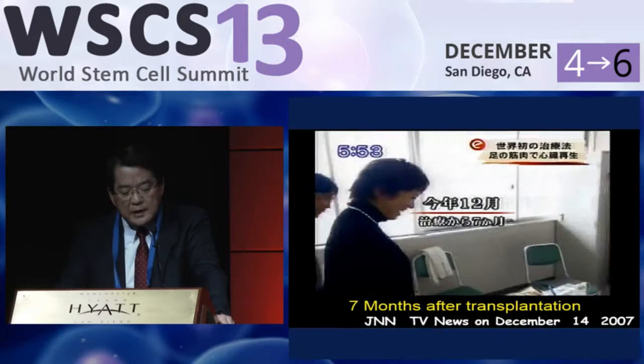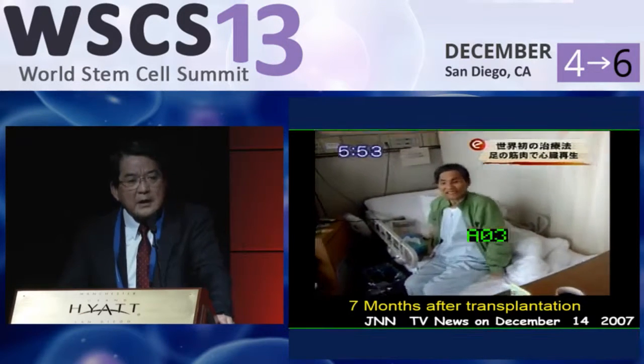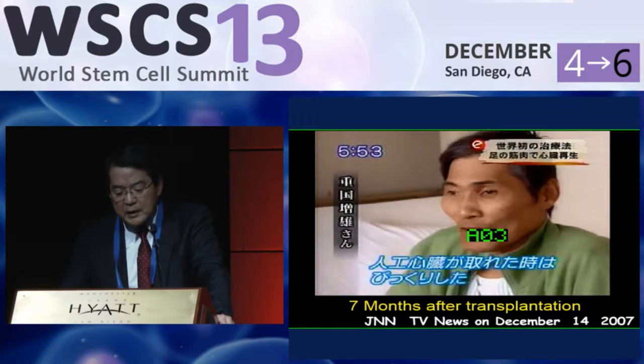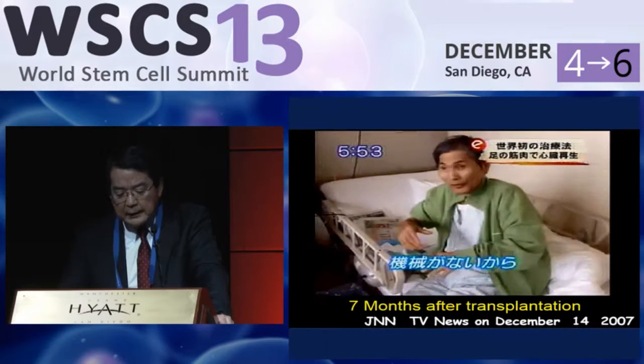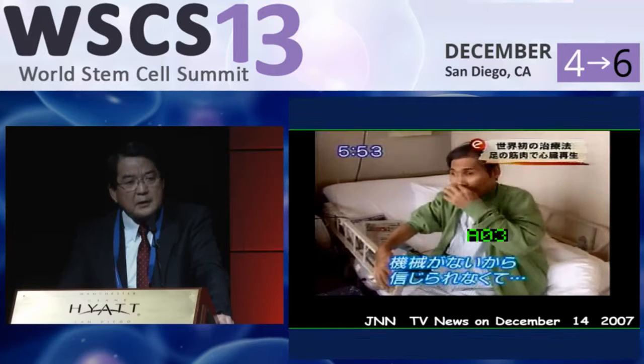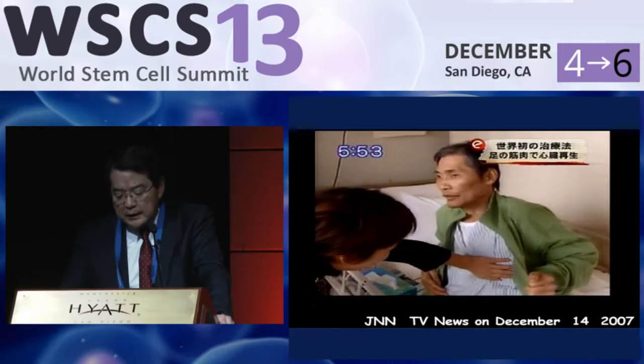And 7 months later, Dr. Sawa permitted him to go back home. Since then, 6 years have passed. He's okay now. Every morning, he's enjoying walking with his puppy. And after that, we have already treated 20 patients. And currently, Terumo company